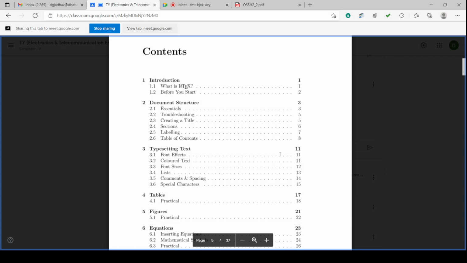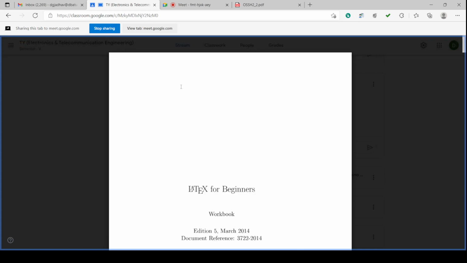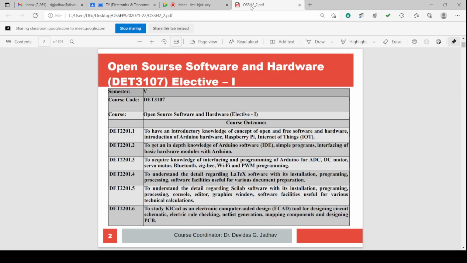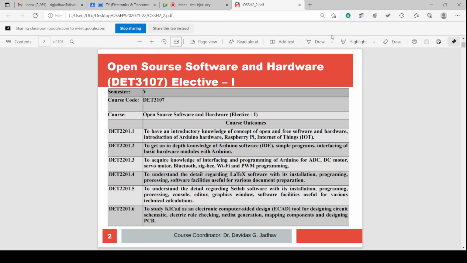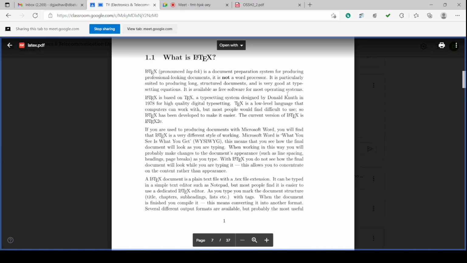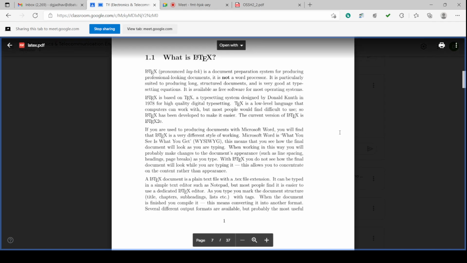This is the contents. What is LaTeX? We have seen yesterday. LaTeX is the software for editing and typesetting the text.